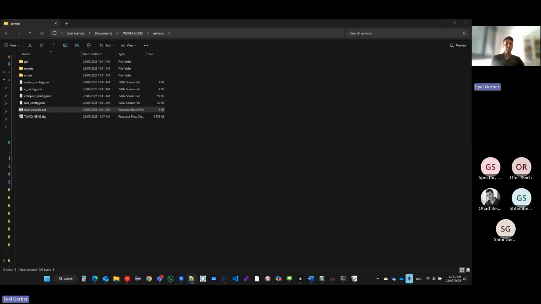it has just a few settings. Actually, I will not open it right now for all of you because it has some sensitive information, like passwords and stuff like that. But essentially, it contains all the information you need to start and run the analysis. So you simply run this from the command line or double click it, and it runs the analysis on your entire